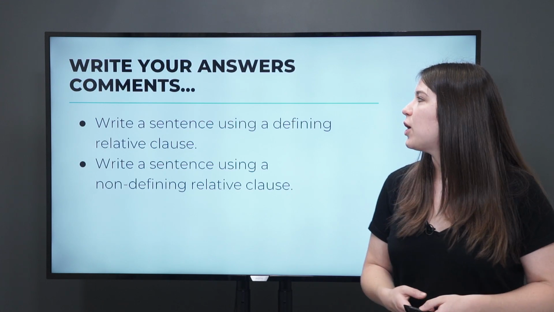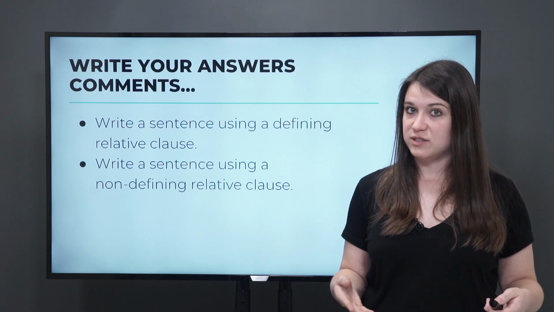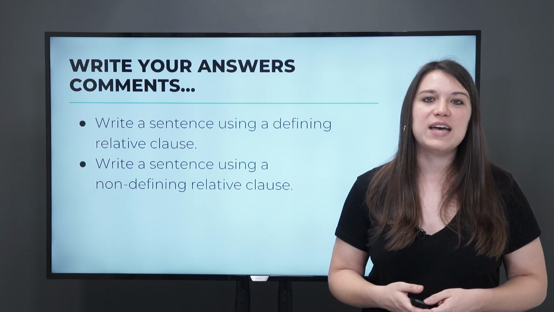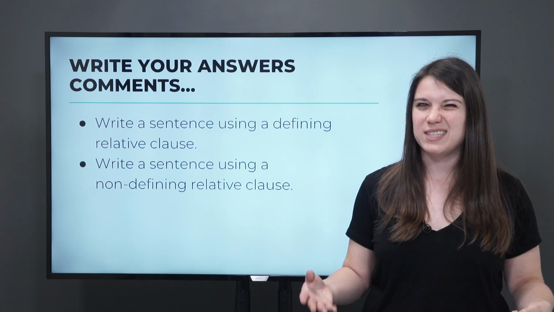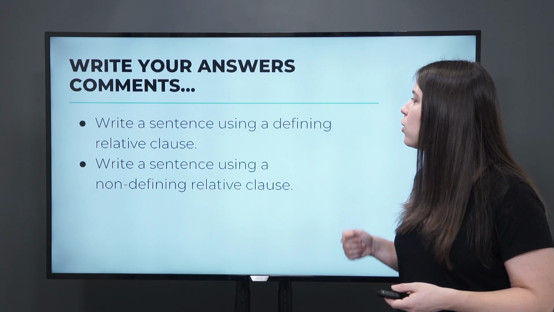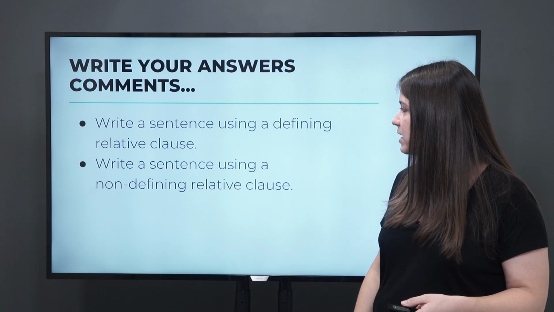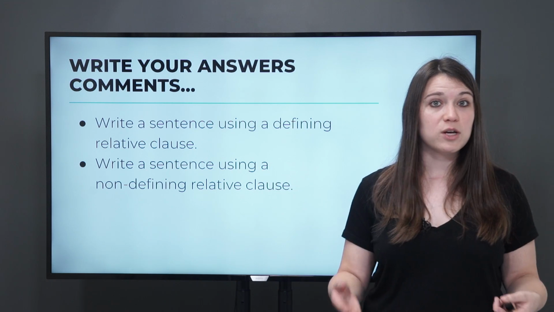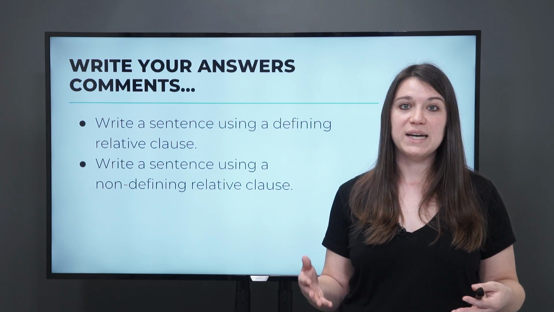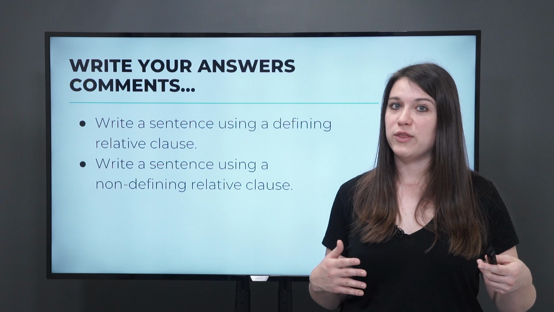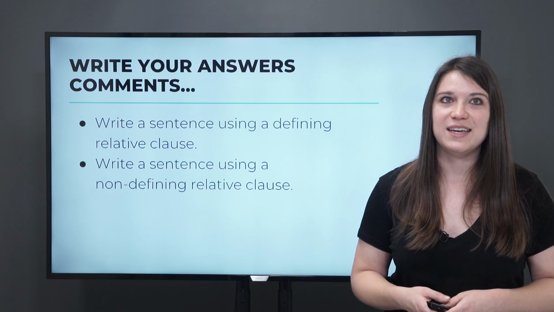Okay. So now that we have reviewed defining versus non-defining clauses, I'm going to ask you to participate in the comments. I have 2 questions for you, or 2 examples that I want you to practice. So write a sentence using a defining relative clause and write a sentence using a non-defining relative clause. It could be something similar to what I just showed you, where it's the same example, but the clause changes whether you put commas or not, for something like that, or you could choose 2 completely different